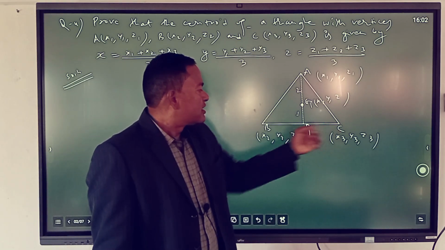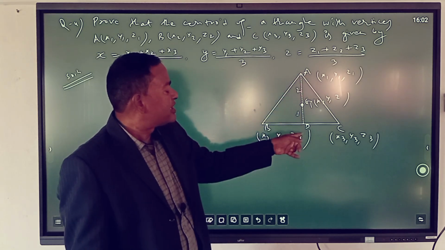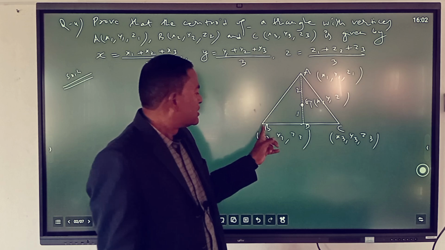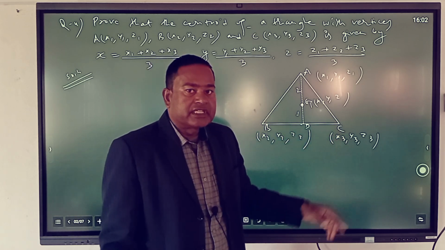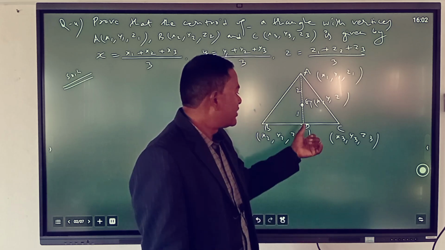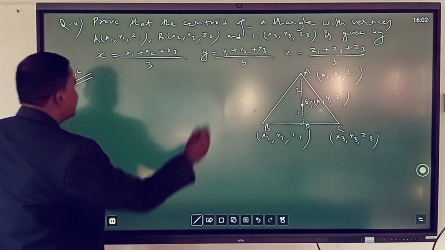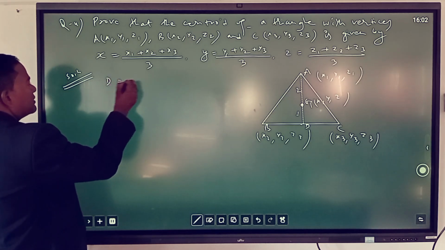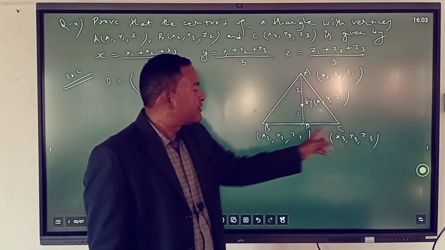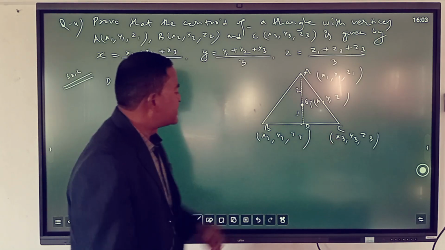Now, since AD is the median, that means a line segment joining the vertex and the midpoint of the opposite side, D is the midpoint of BC. So the coordinates of B and C are already given, so we can find the coordinates of the point D. Let us find out the coordinates of the point D at first. We can find them by using the midpoint formula: (x2 plus x3) divided by 2,